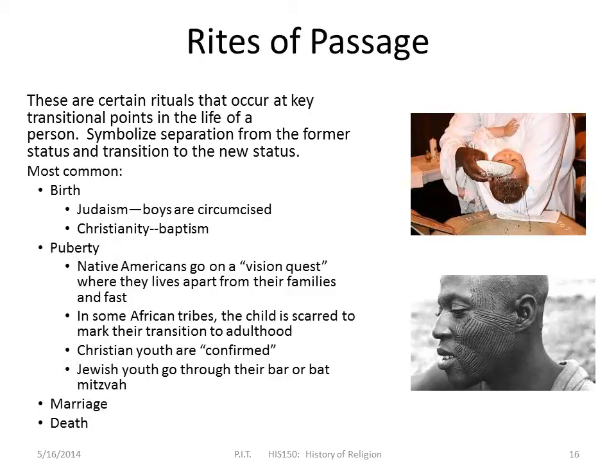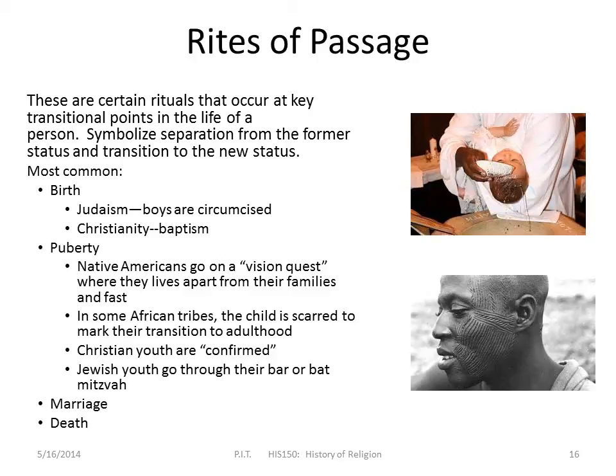One of the major elements in all religions is this concept of rites of passage. These are certain rituals that occur at key transitional points in the life of a person. They symbolize separation from the former status and transition to the new status. And really, transition is what we're really focusing in on here. The most common eras of transition: when we're born, when we start puberty, when we get married, and when we die. So for birth,